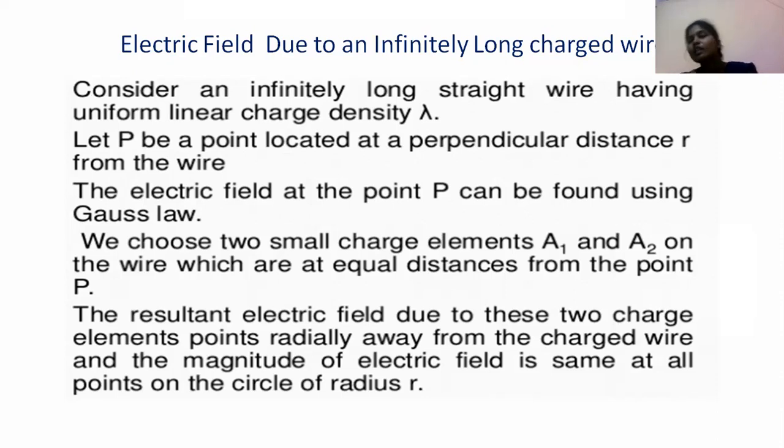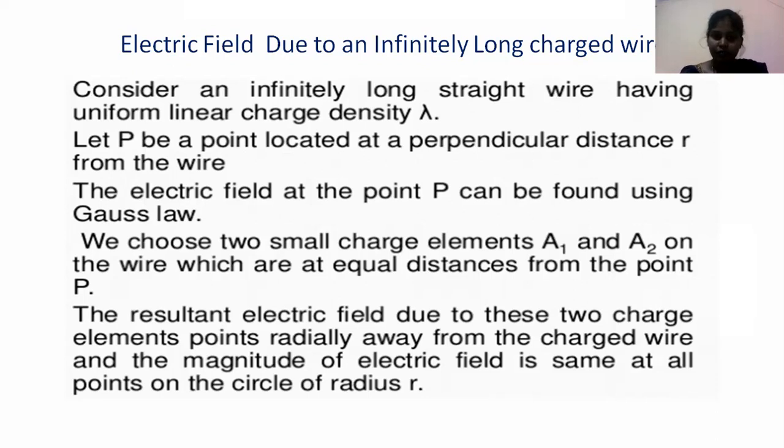There are three types of charge densities: linear charge density, surface charge density, and volume charge density. Linear charge density is represented with lambda; that is charge per length, Q by L. Surface charge density is charge per area, Q by A, represented with sigma. Volume charge density is represented with rho, which is charge per volume, Q by V. So due to this long straight wire, you need to calculate